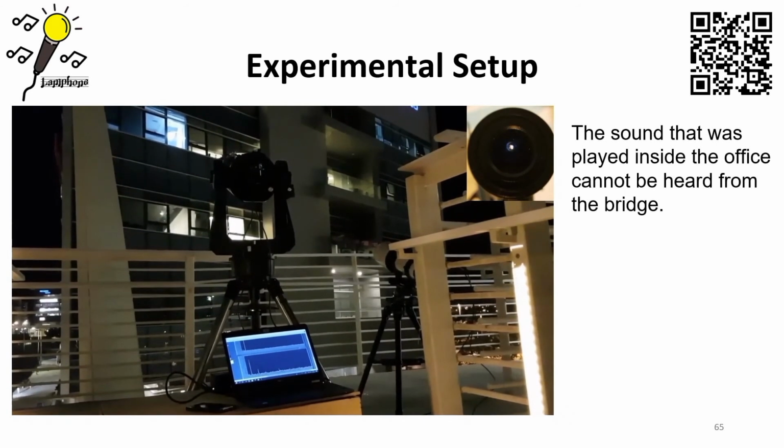As you can see from the video, no sound that is played in the office can be heard from the bridge. There's an ambient sound which is the result of the rail station that is located below this pedestrian bridge. In the right corner, you can see how the light bulb is captured from the telescope. This is basically what the electro-optical sensor is able to see or capture when it is mounted to the telescope.